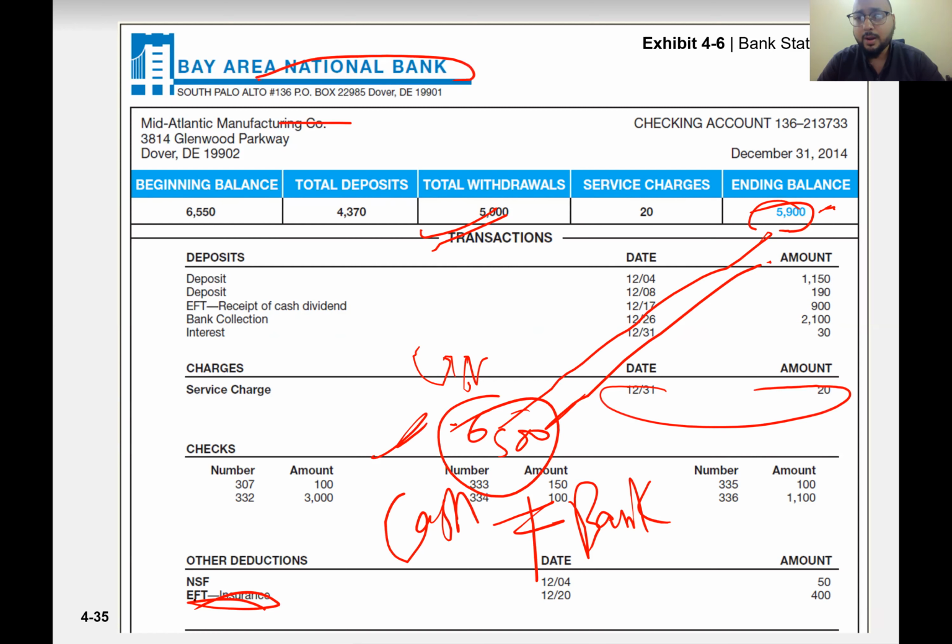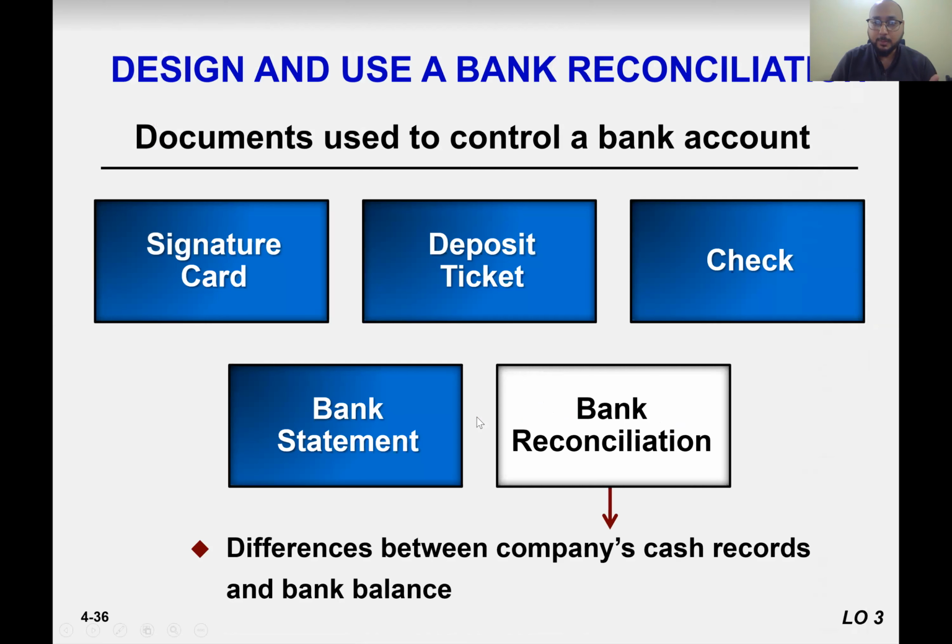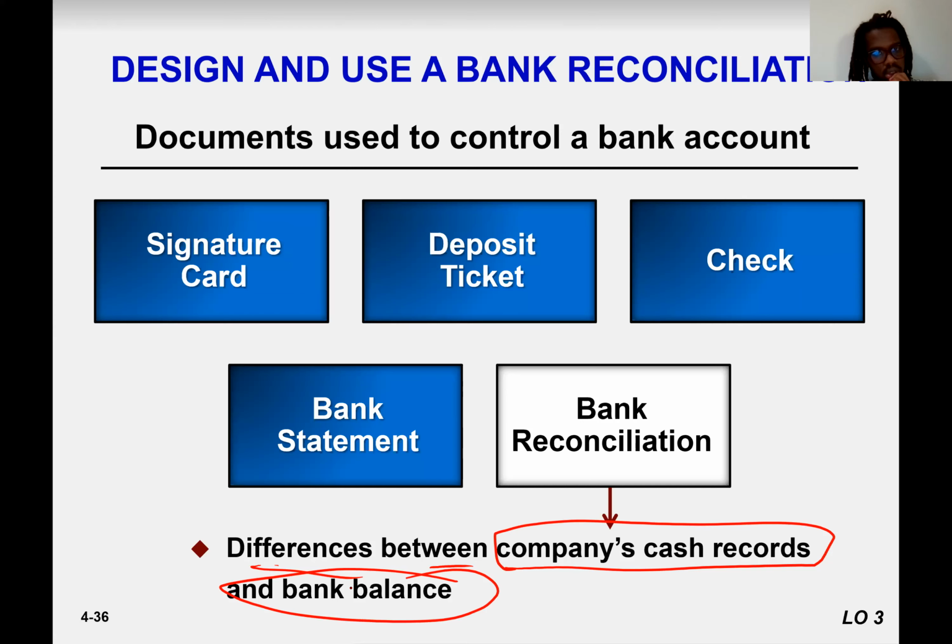So is this a fraud? Not necessarily. It can be, it cannot be. So we make a bank reconciliation statement. A bank reconciliation statement is basically adjusting the difference between the company's cash records and the bank balance. If they tally after adjustment, it means there is no fraud. If they don't tally, it means there is some human error or fraud. Human error is an unintentional increase or decrease of these kinds of balances. And if it is intentional, it is fraud.